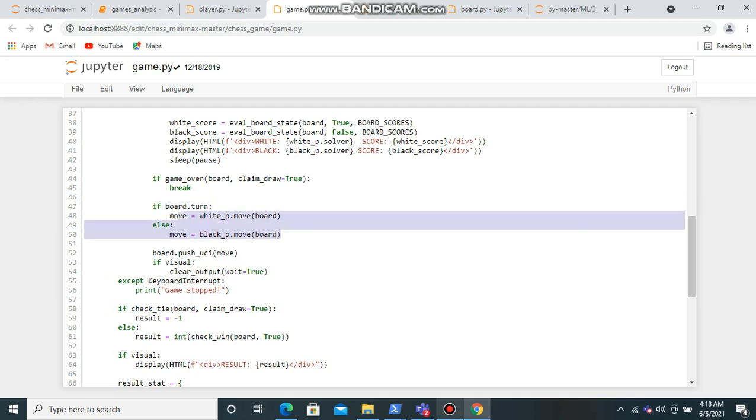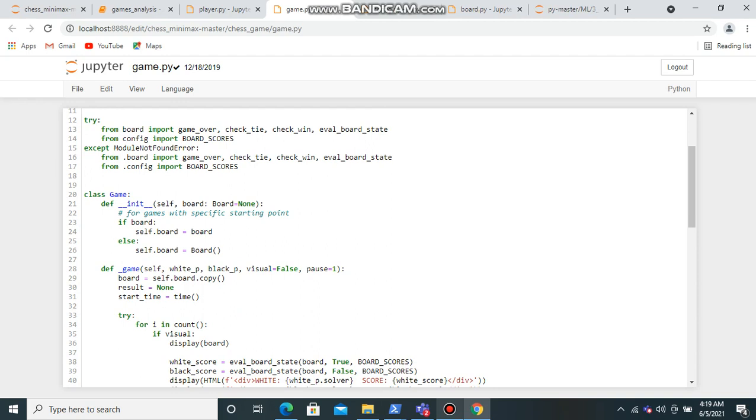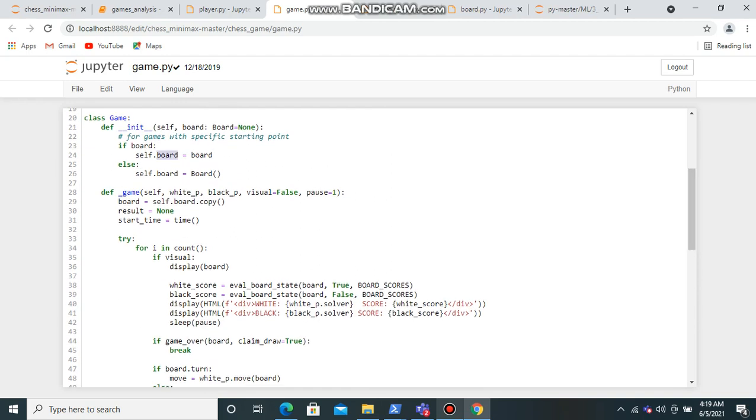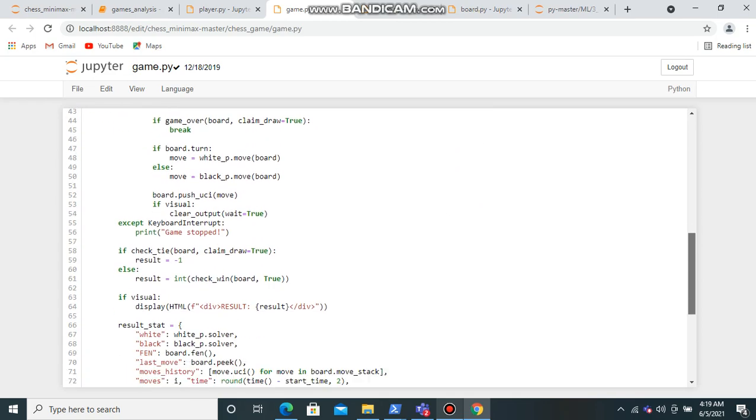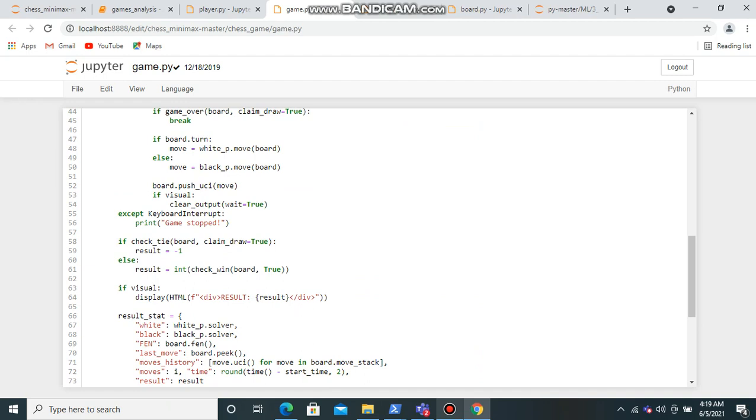There are two new conditions. If board dot turn: we know the object board that we make here of this class. We can use this object to call an attribute, and if this condition board dot turn is true, then we initialize a variable move and y dot move. We call another